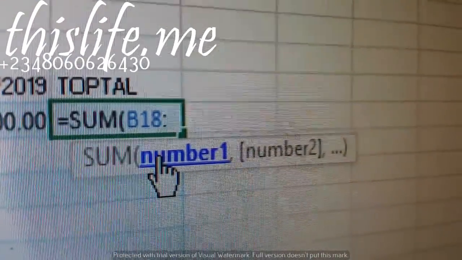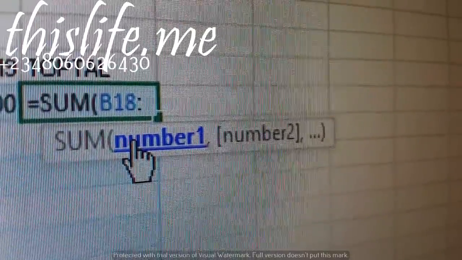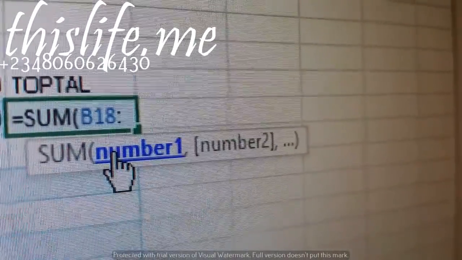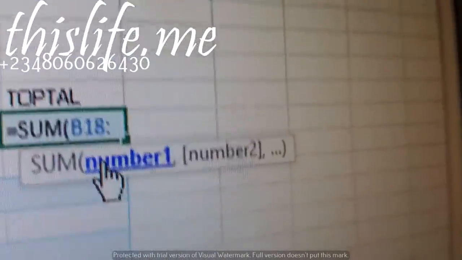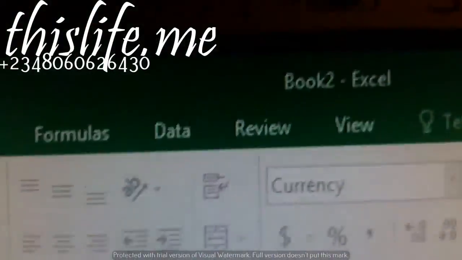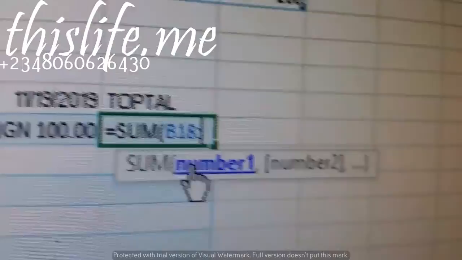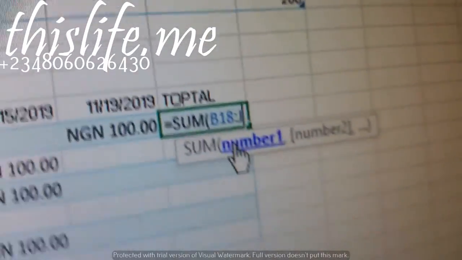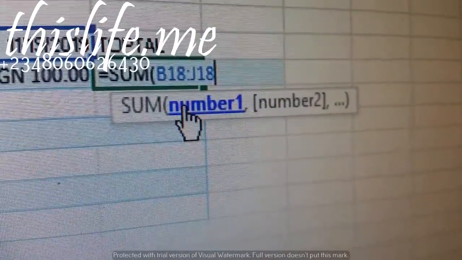Column B, the last date of payment. The last date of payment now is J, which is J18, close bracket.